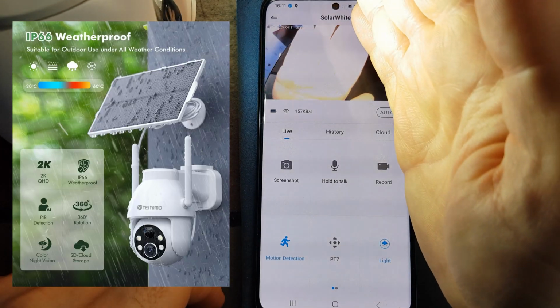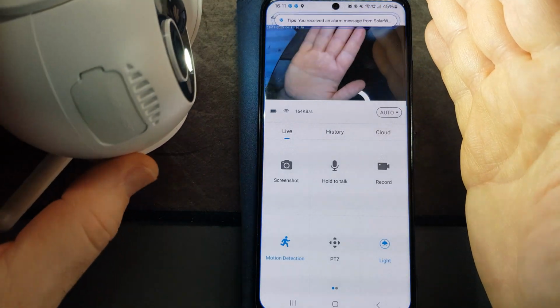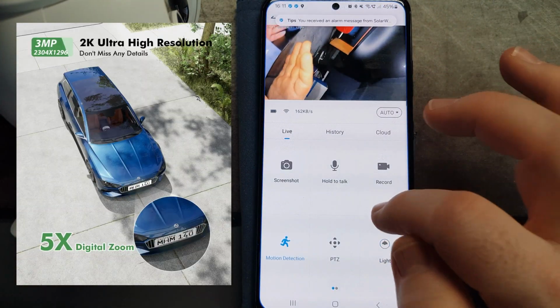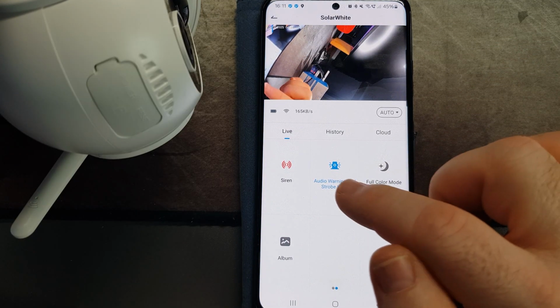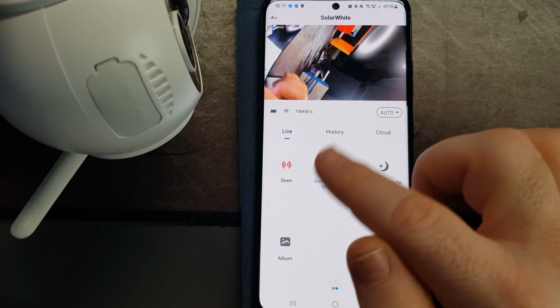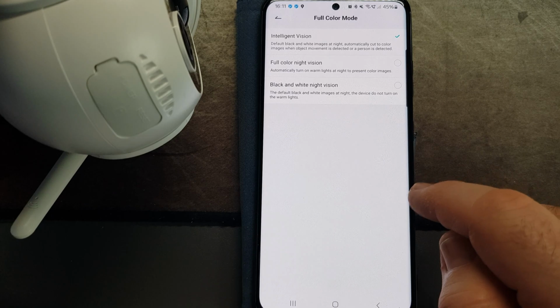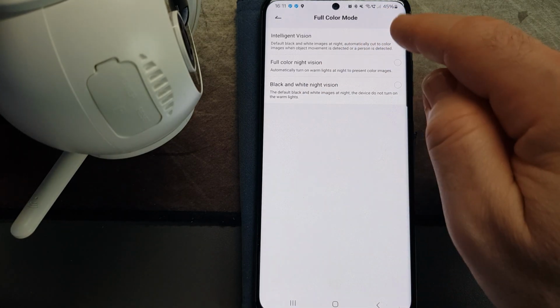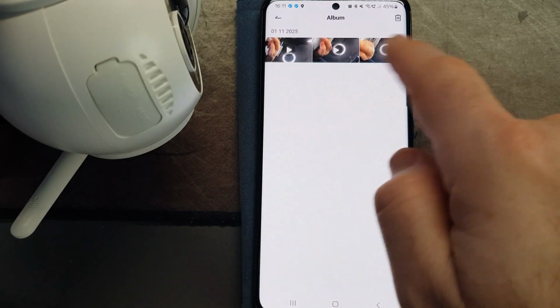So we'll put on the lights, you can see how bright those are. So that's the LED lights when they come on. So that's quite bright. Switch those off. We've got the siren. We've got audio warning and strobe light, so that will flash and make a noise if someone comes into the area at a certain time. If you set that up, full color mode, so at night you want color vision or intelligent mode, it will switch on its own. So you can have that set up,